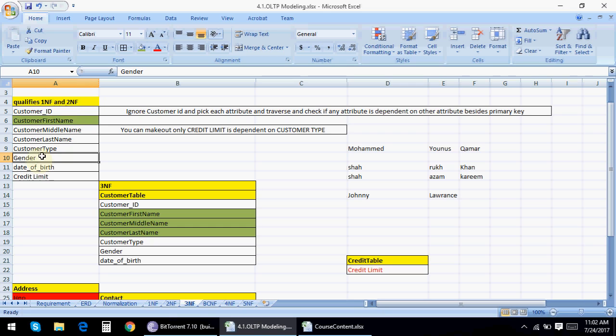Gender. Is your gender qualifying your name? It's not necessary that a particular gender should have the same name. Sometimes you have similar names. Based on gender you can't define namings.